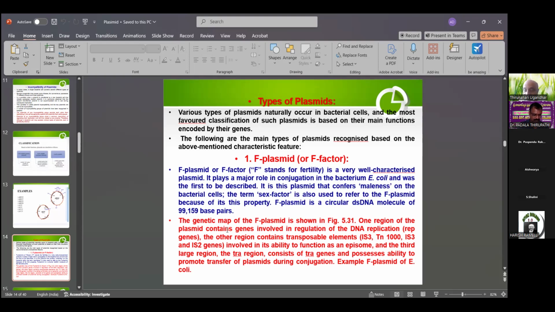The term sex factor is also used to refer to the F plasmid. Sex factor or F factor, both are the same. F means fertility, and sex means the quality of sexual reproduction. F plasmid is a circular double stranded DNA molecule of 99